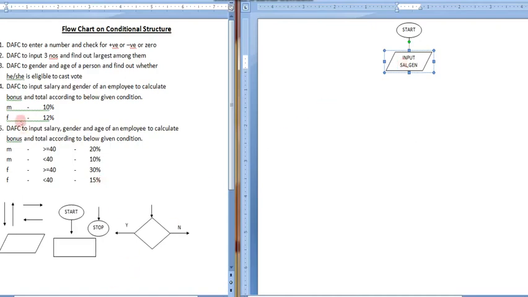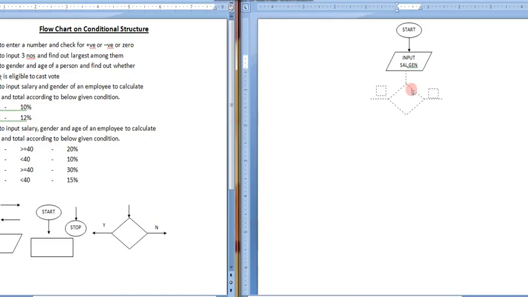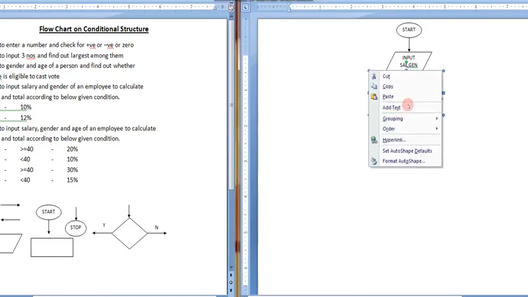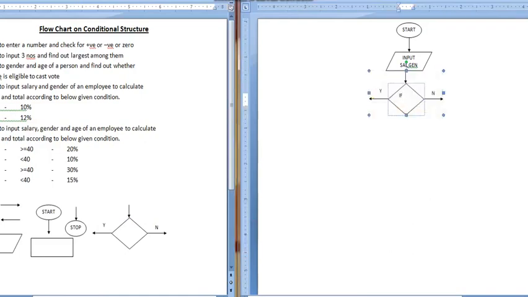Okay. Now we have to check first the gender, whether the gender is male or female. Why? Because according to the gender, the bonus will be decided. So we have to take a decision box. I'm just copying the decision box from here and specifying inside it gen equal to male.